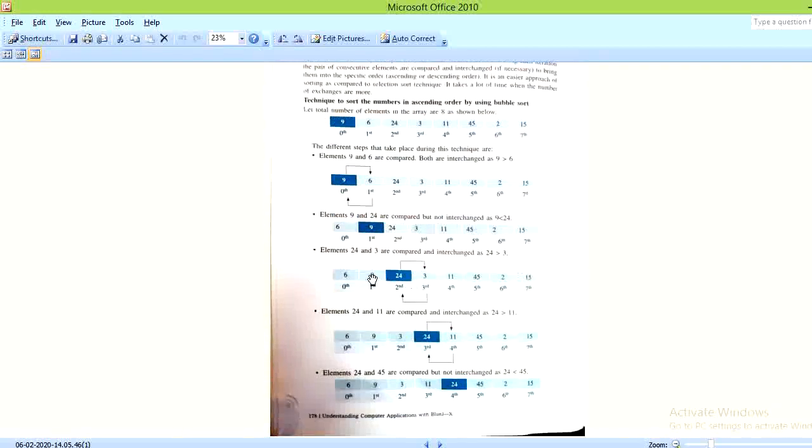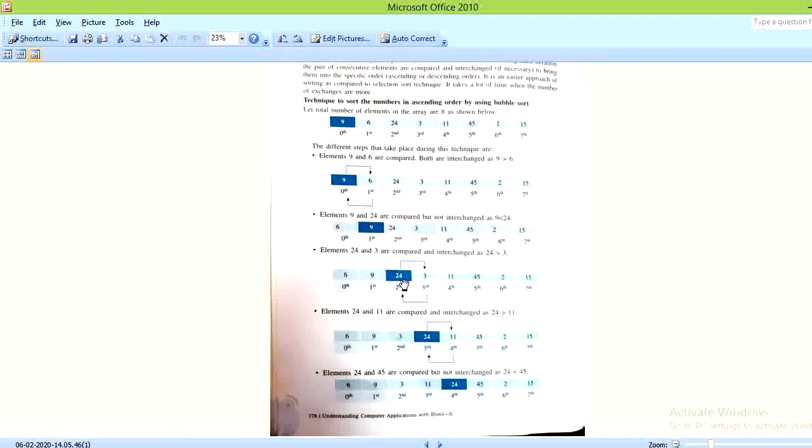Now we compare the next two consecutive elements, which are 9 and 24. They are both in their exact position, so there is no change. Then we compare the next two elements, 24 and 3. 3 is less than 24.